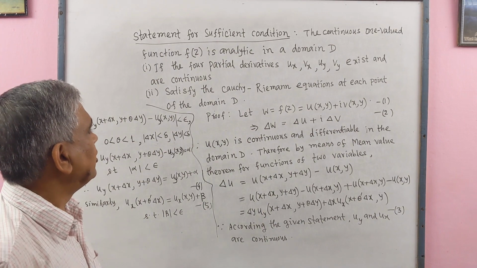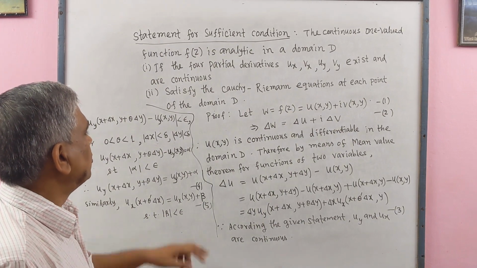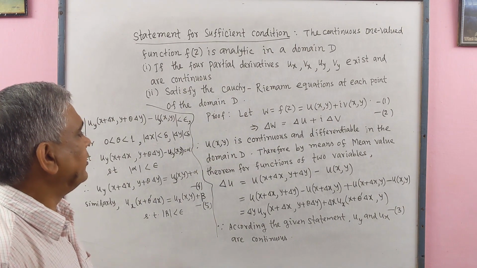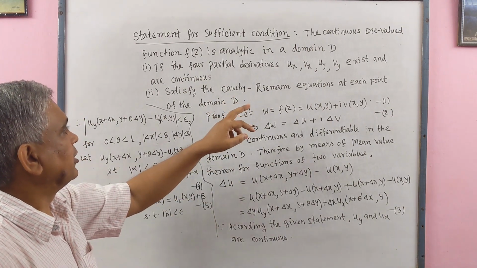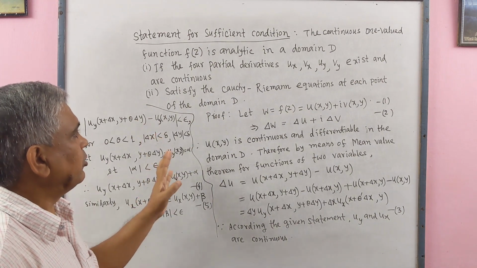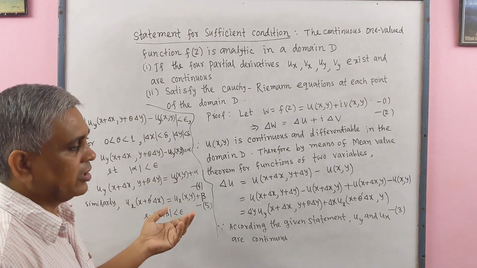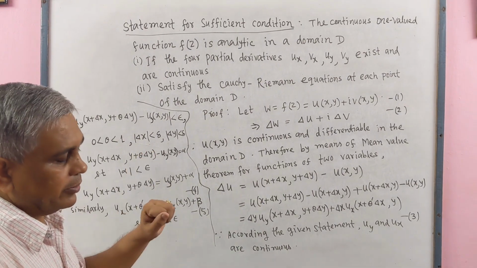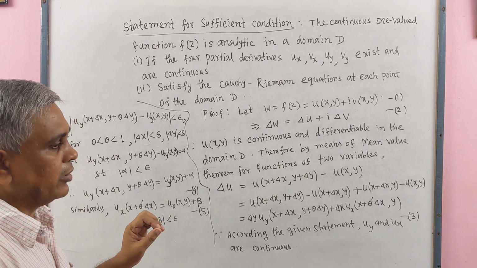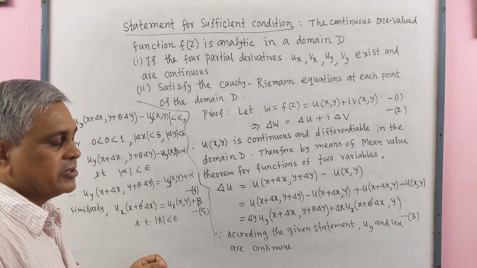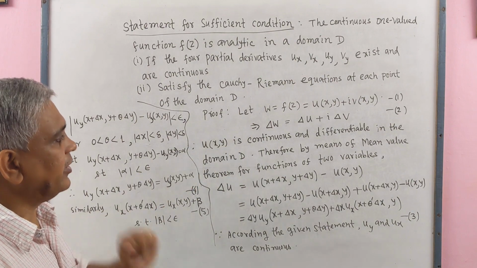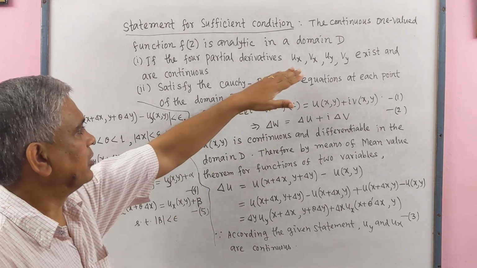Since given that u(x, y) is continuous and differentiable in the domain D, ux, vx, uy, vy exist, that means firstly you have to be continuous, then differentiable. For differentiable of a function, the function must be continuous. So u(x, y) is continuous and differentiable given